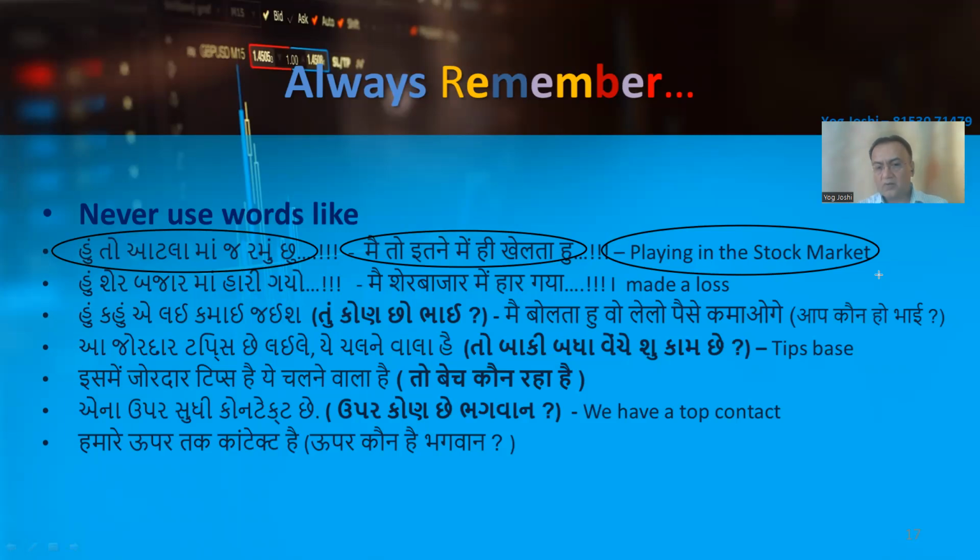If you are making a loss, do not use a word like loss. Loss itself is a negative word. Always use: I made an expense in the stock market. This month I have some expense in the particular commodity market. If you use the word loss, it affects your mind psychologically in a negative way, that you made a loss.